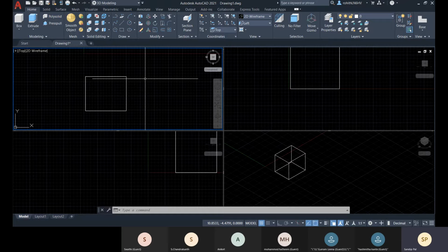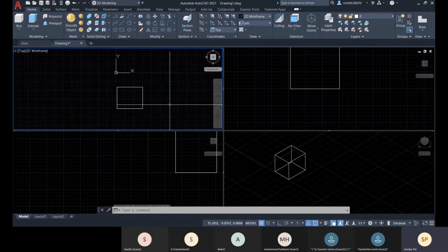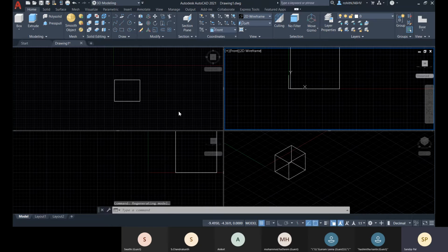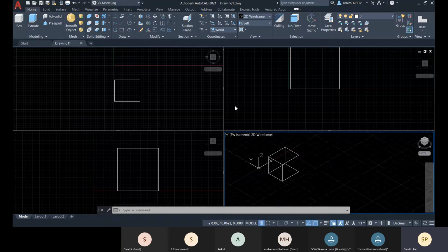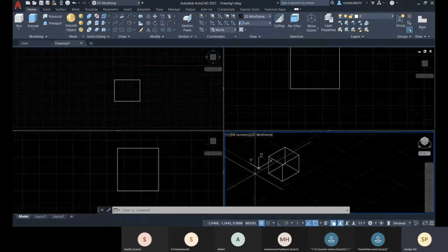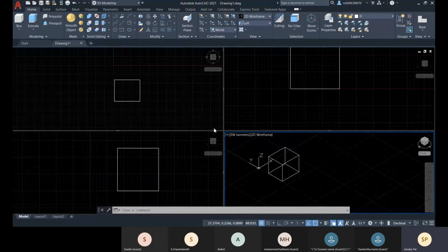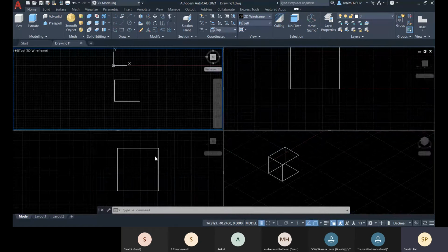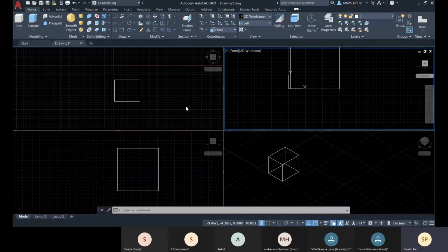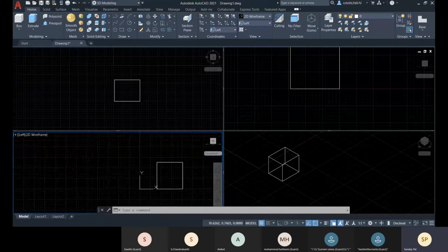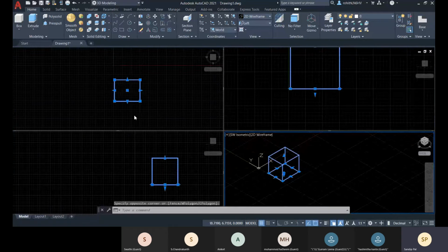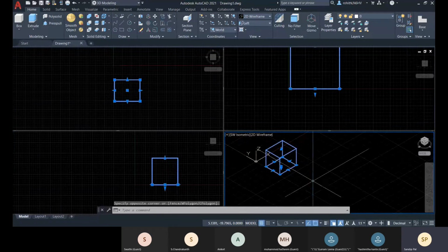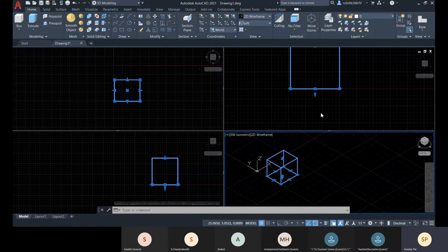So it's the same thing. These viewports are all your televisions, and these are all connected with that single viewport. So if you change anything in this particular one, that will be reflected within all the viewports.